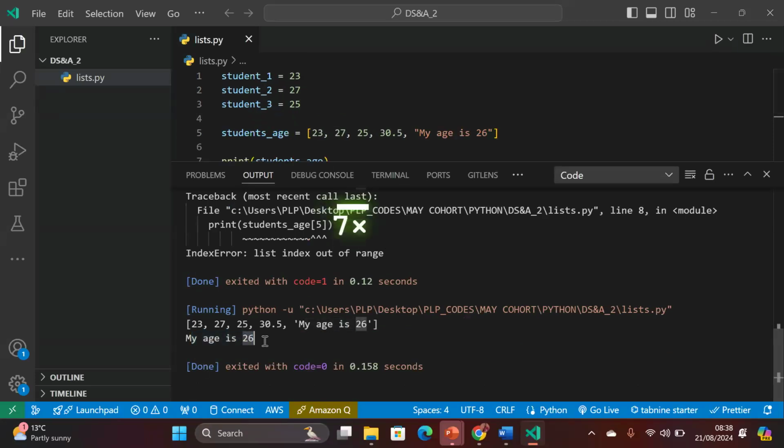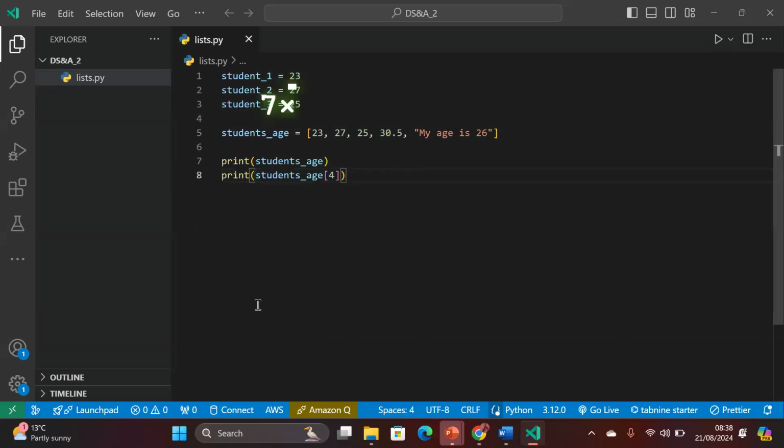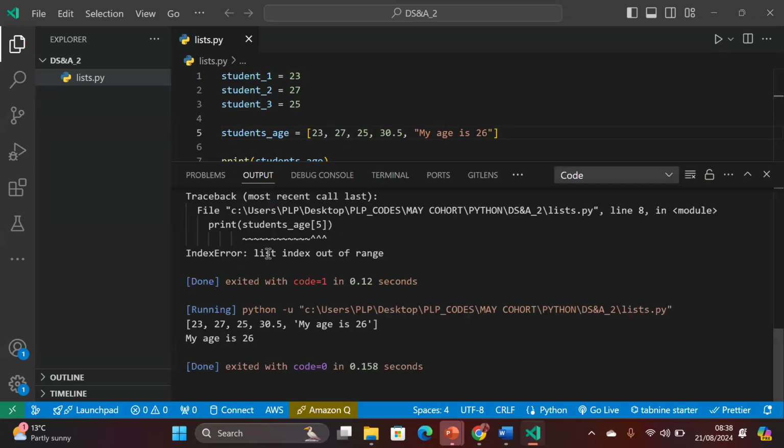Yeah, my age is 26. This is index 4: 0, 1, 2, 3, 4. Yeah, that was correct, index 4. And you can see